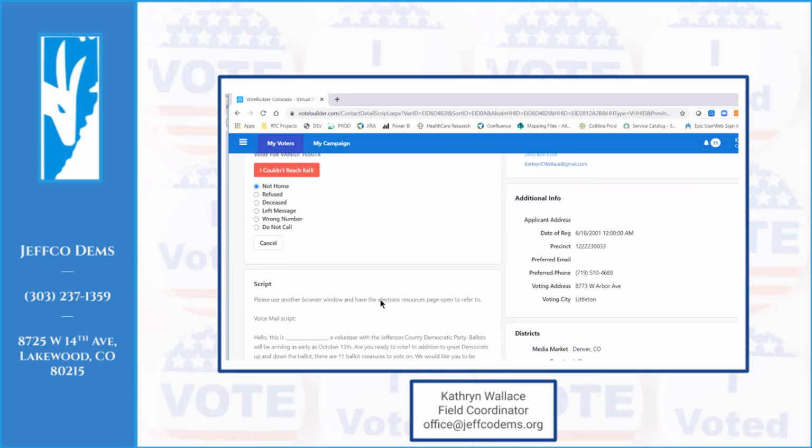Phone numbers, although sometimes there's bad numbers. I will say this. If you've done phone banking in the past with Van, it's probably been really frustrating because so many of the numbers are just totally wrong. And you get all these people like, I have no idea who you're calling for. So this year,